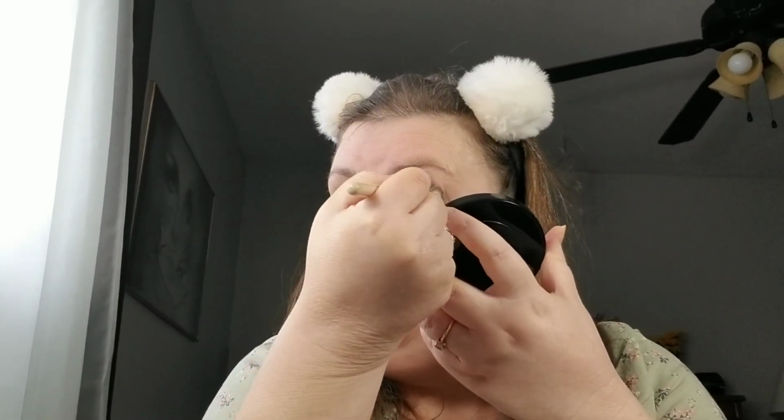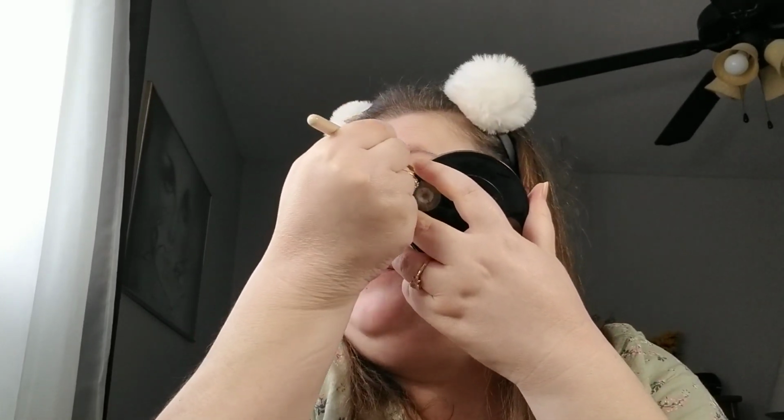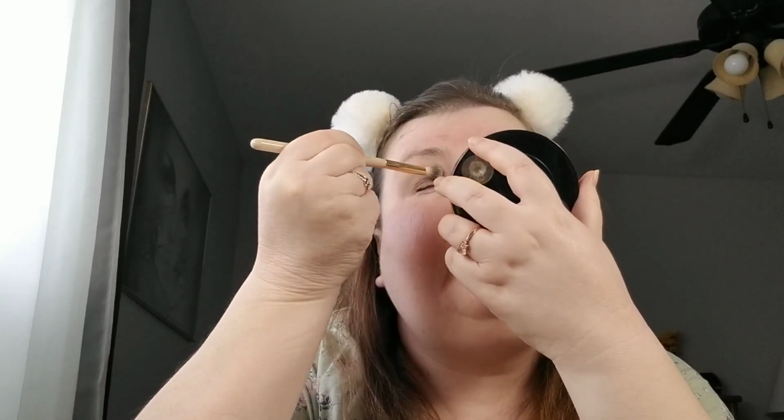I don't even find that's giving off much pigmentation, do you? Huh. Oh, yeah, okay, there's a little. It's okay, we're going to go a little darker in a minute. I'm going to put this down for a minute and take my little zoom mirror so I can see better. Oh yeah, okay, there's the pigmentation. It's not extremely pigmented, but I think this palette's going to be nice for the summertime because it's going to be just nice and...